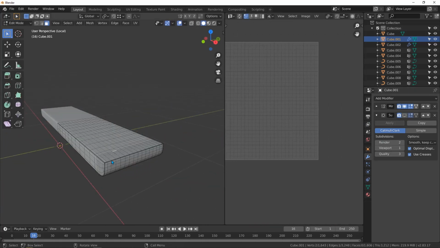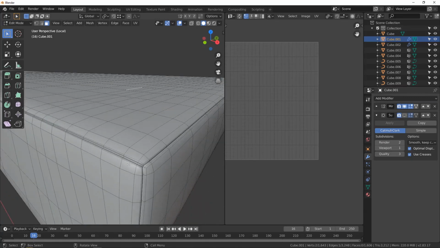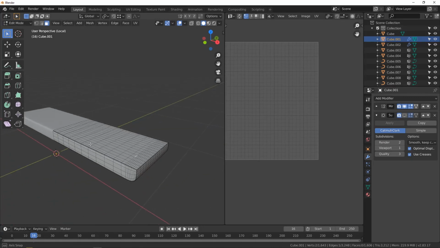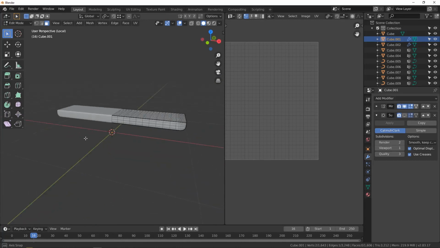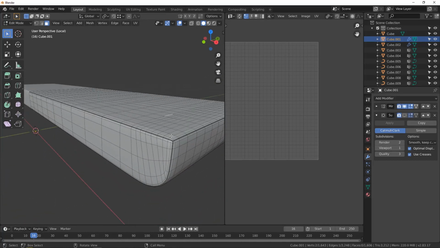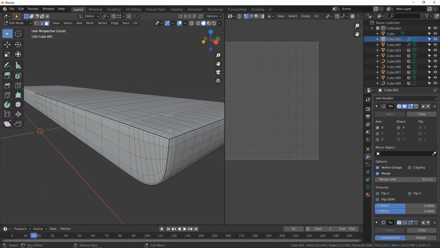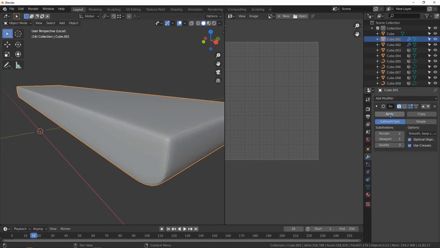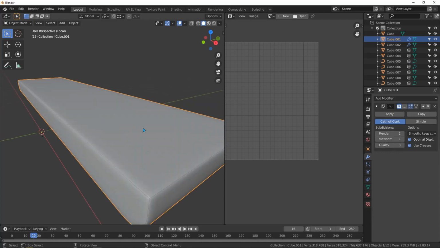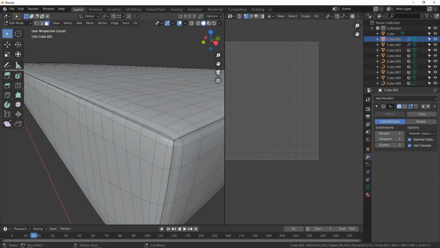Let's hit tab to the edit mode and let's see now what we got here. If you want, you can apply the mirror and you can unwrap everything. So I'm going to do that. Tab to the object mode, go to mirror and apply it just like that. And now let's hit tab to the edit mode and let's